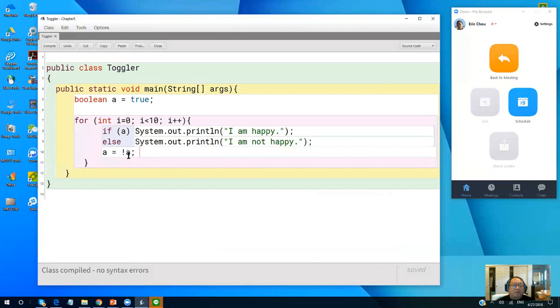So toggler statement is very simple. At any time you want to change, I just write something different. Is that okay? So here actually I can also write, I can change this statement like this. I'm using happy or not happy as an example, but this one, actually, I can change it to this.